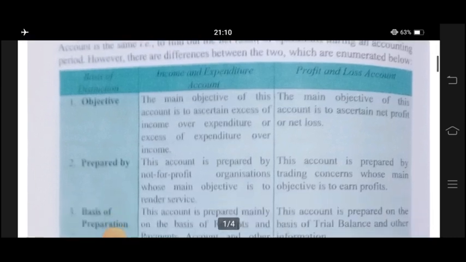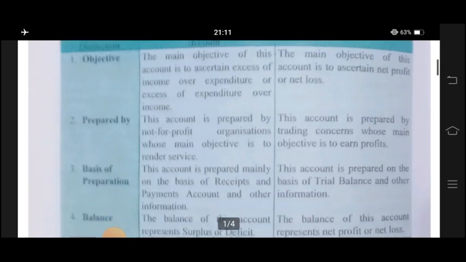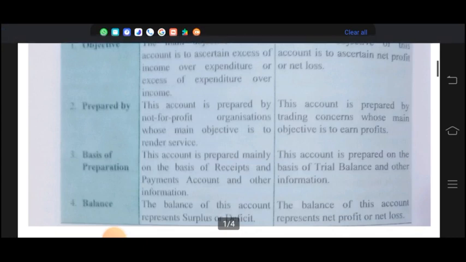इसी तरीके से अगर हम प्रिपरेशन की बात करें, तो इनकम एंड एक्सपेंडिचर की जो प्रिपरेशन होती है वो एनपीओ की जैसे ऑर्गेनाइजेशन करती हैं, नॉन प्रॉफिट ऑर्गेनाइजेशन करती हैं जिनको प्रॉफिट से मतलब नहीं होता है। लेकिन प्रॉफिट एंड लॉस अकाउंट की प्रिपरेशन वो ऑर्गेनाइजेशन करती हैं जिनको हमारी ऑर्गेनाइजेशन का एक स्पेसिफिक पीरियड में कितना प्रॉफिटेबिलिटी रहा या कितना अर्निंग रहा ये जानना चाहते हैं। यानी इन शॉर्ट हम कह सकते हैं कि जो प्रॉफिटिव मोटिव ऑर्गेनाइजेशन होती हैं वो प्रॉफिट एंड लॉस अकाउंट बनाती हैं।